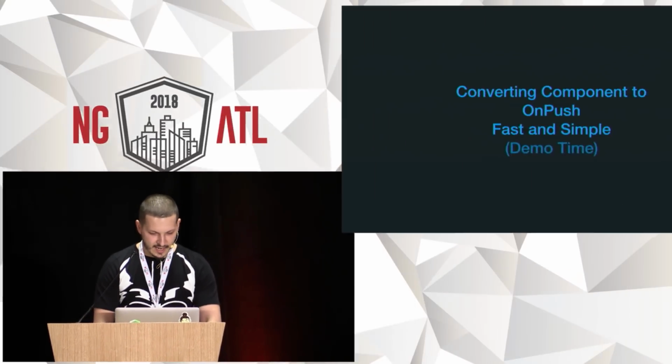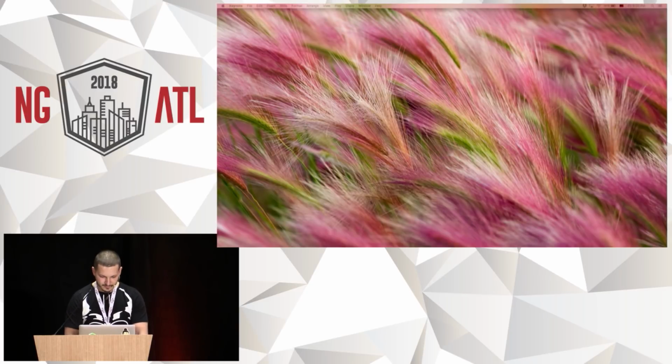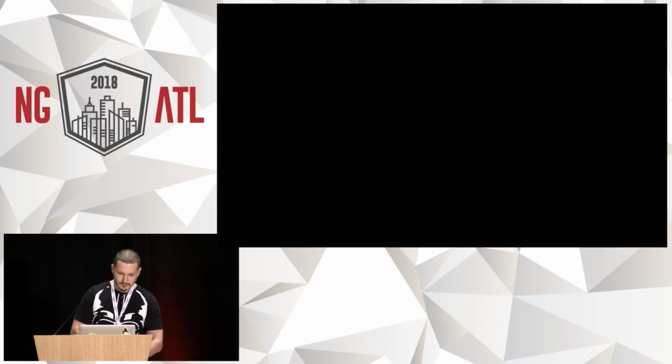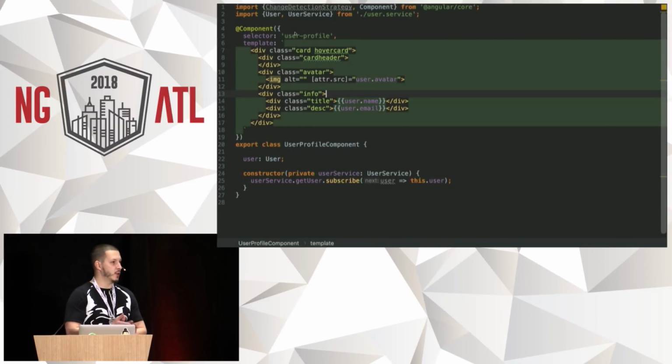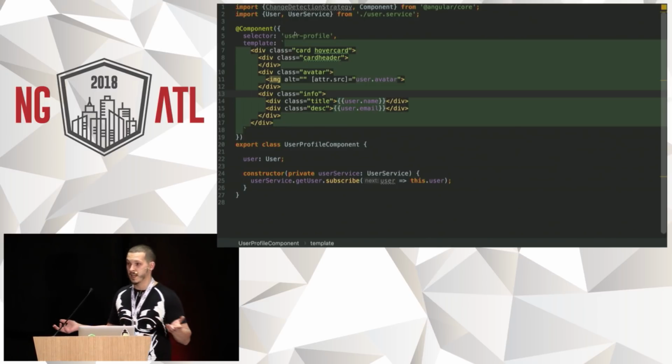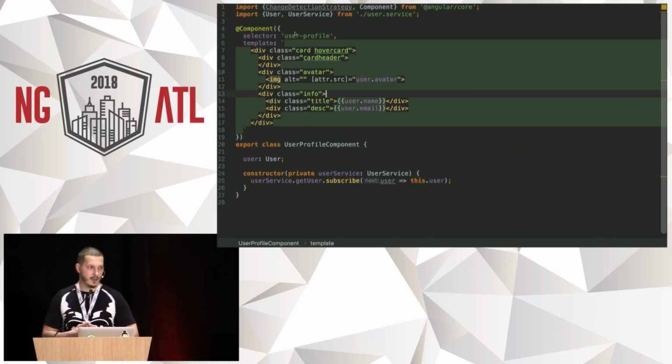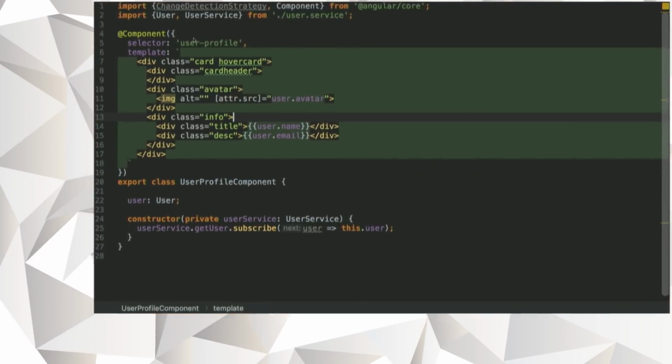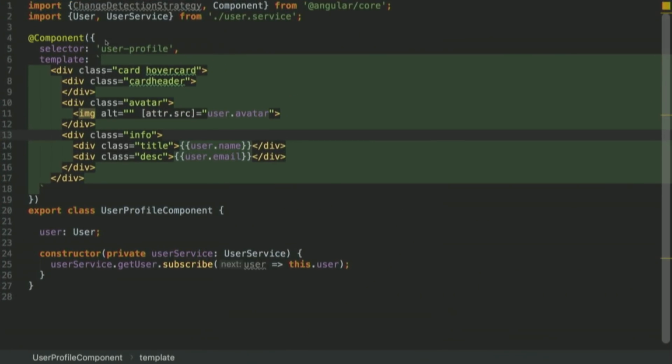So it's demo time, sure. Everybody fails this time with the demo. My turn. Don't fail completely. I will not run the code, so you'll have to trust me. The idea is that most of the things you do could be simplified to some kind of view. You have your dependency injection, you have your services which provide you data, and you display it. But it could not be OnPush, right? So how hard will it be to convert this piece of code